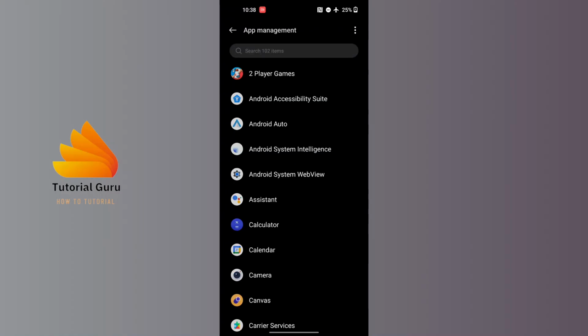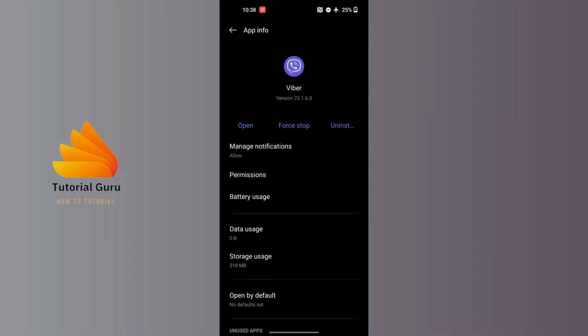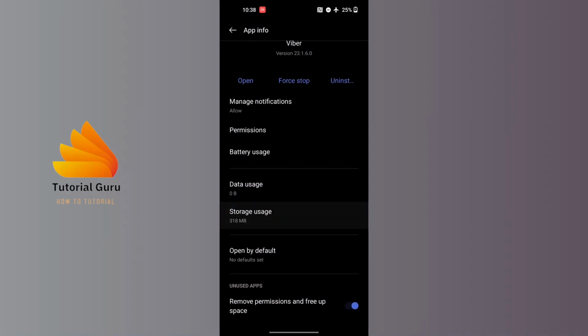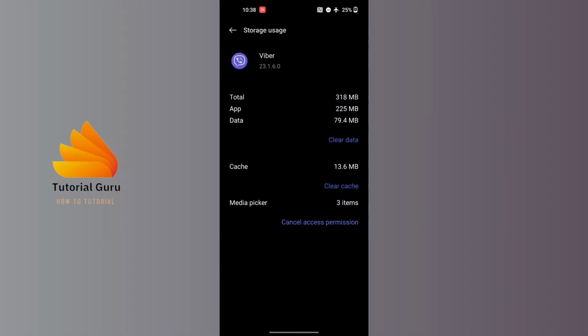And guys, when this loads, search for the Viber app by tapping the search bar at the top of the screen. Open it and you'll land on this interface where you can see the storage usage option available for us. Just below the data usage over here, tap on storage usage, and over here you can see the clear cache button available for us. Tap on the clear cache button, and that being done, guys,